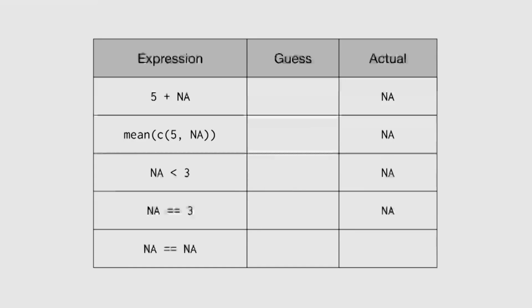Now here's the final one. What do you think will happen when you test whether an NA is equal to another NA? Well, R will again tell you NA. That'd be like asking, is this thing in this box equal to this thing in this box? I don't know what either one is, but are they equal? You really don't know. You have double uncertainty in that case, so the NA propagates once again. This is how missing information works in R. It propagates where it should. If you are uncertain about something due to missing information, then the result itself will be uncertain and be stored